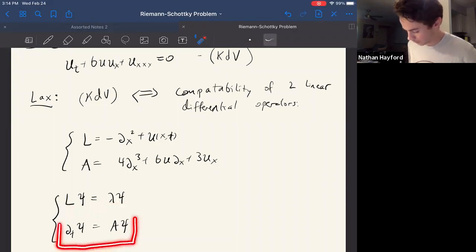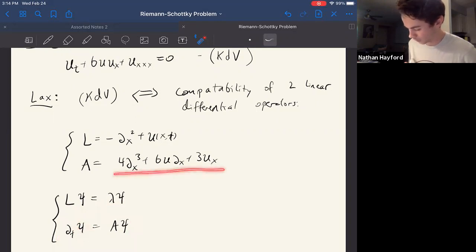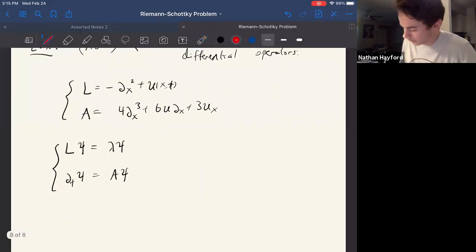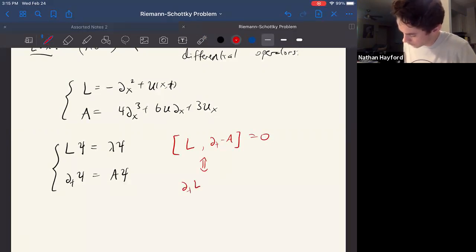And the second is also a linear equation: dt of a function is equal to some differential polynomial in dx applied to psi. So it's also a linear equation. And the compatibility of this linear system, i.e. the condition that the commutator L, dt minus A is equal to 0, which is the same as writing dt L